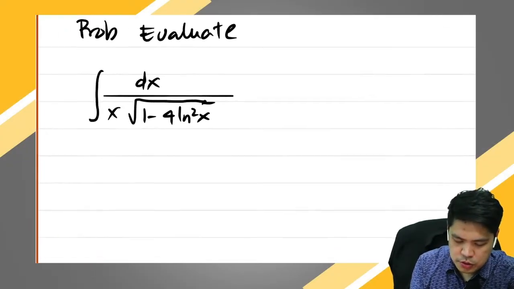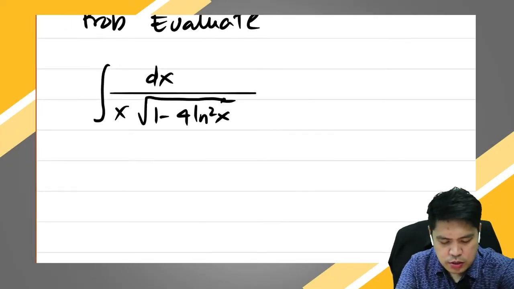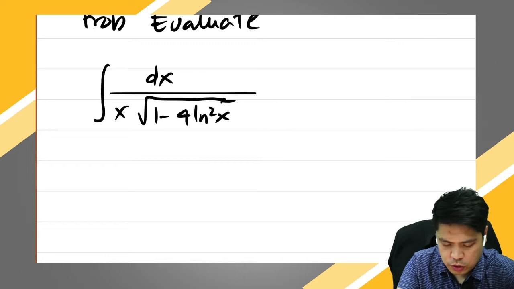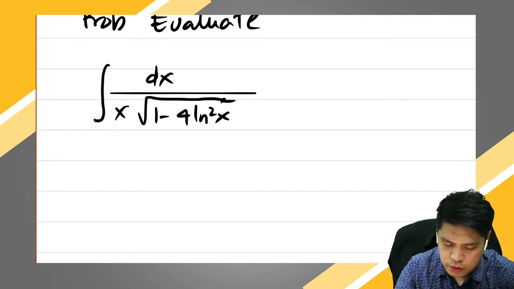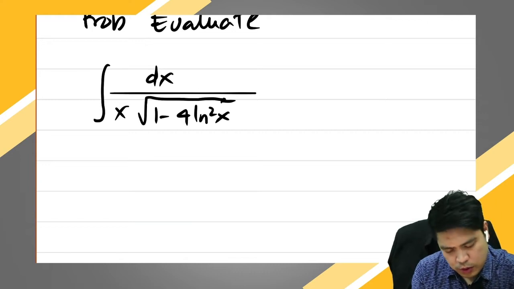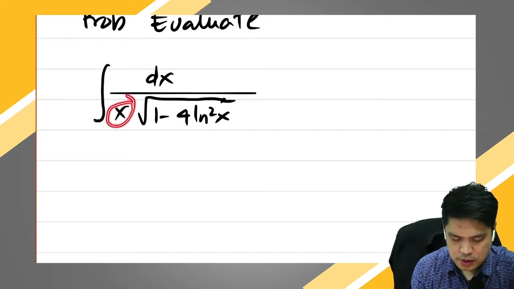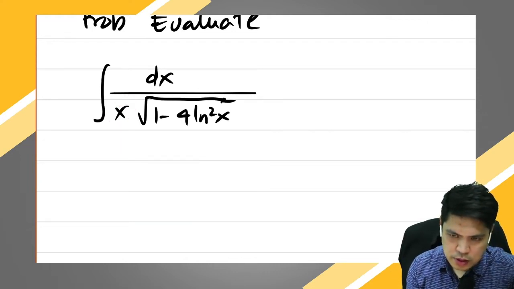Okay, let's proceed to the next one. We have the integral of dx over x times the square root of 1 minus ln squared x. Okay, ito siya, may variable siya sa labas, but this cannot be